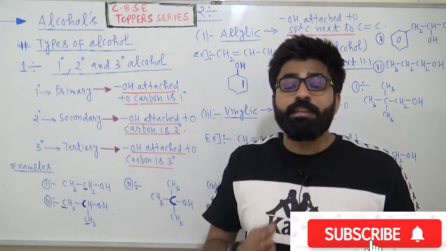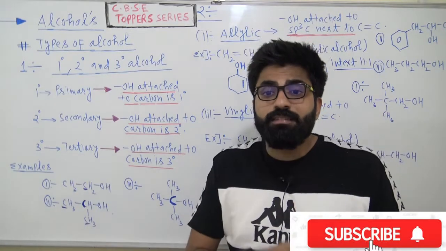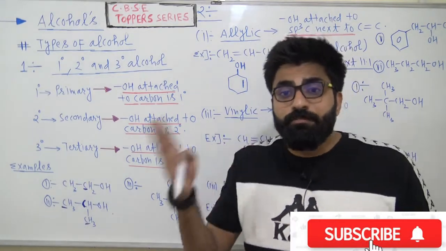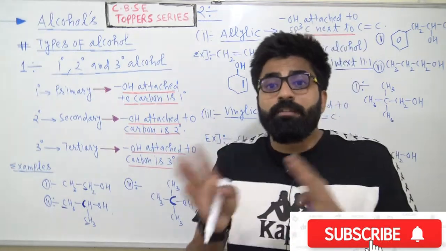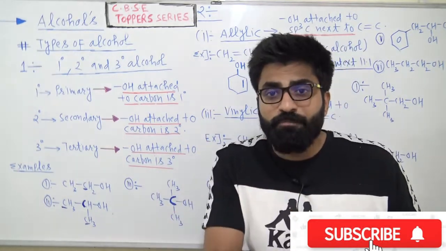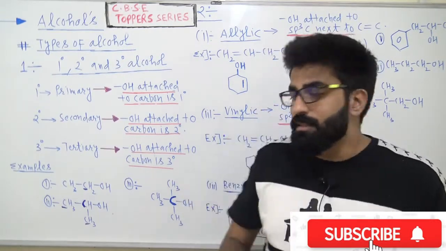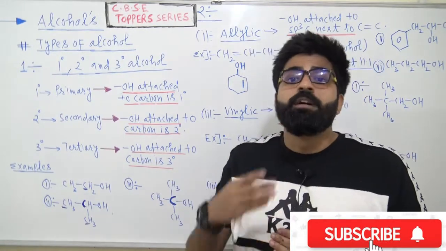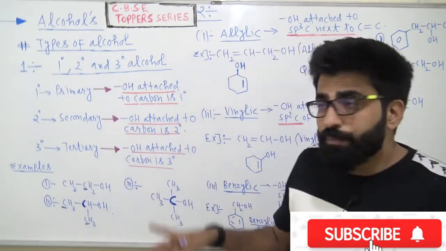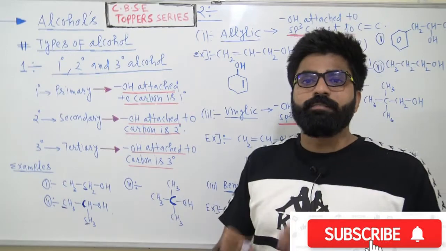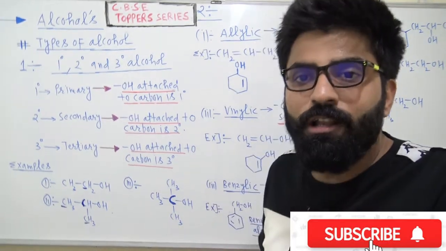And this is very, very important for us to identify primary, secondary and tertiary, because the type of reactions or their physical properties, their acidic strength will be very much different, and it depends upon their degree, right? So throughout this chapter, in upcoming lectures I will discuss the different types of properties of 1 degree, 2 degree and 3 degree, right? So I hope this topic is clear, how to identify 1 degree, 2 degree and 3 degree alcohol.